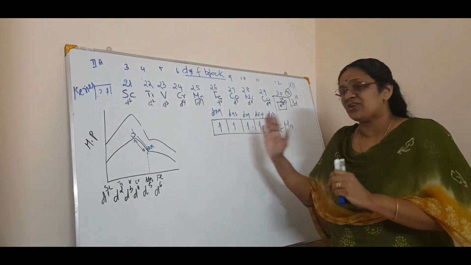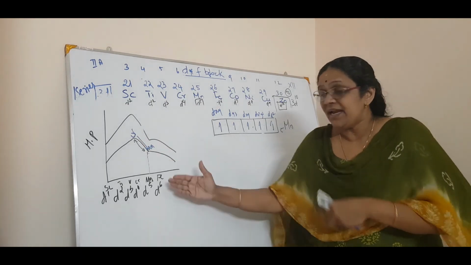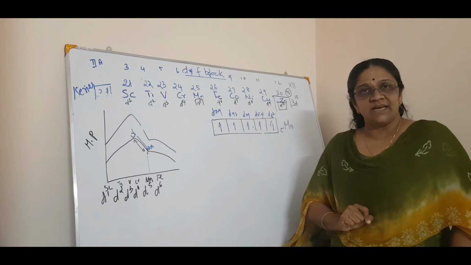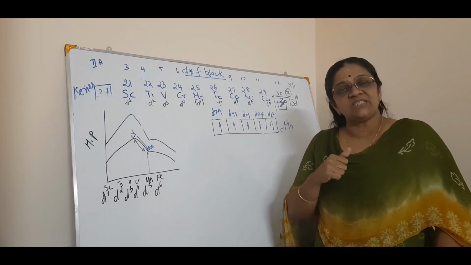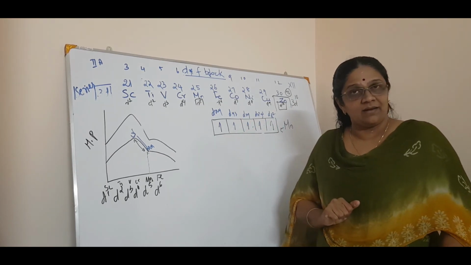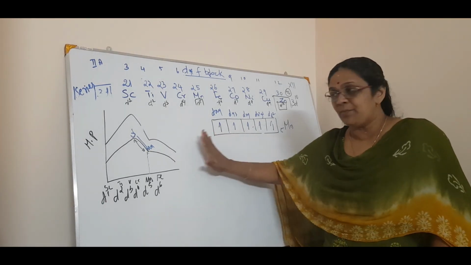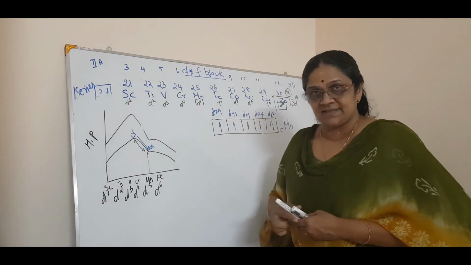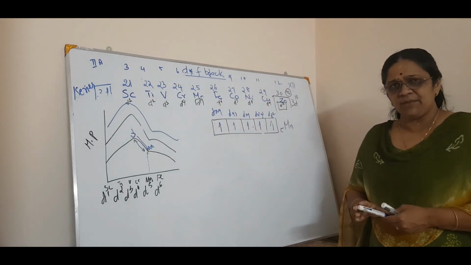So if these electrons do not take part in metallic bonding, that is why there is a deep dip from chromium to manganese, isn't it? These electrons do not take part in the metallic bonding. That is why the melting point and boiling point decrease and it is highly volatile. So that's the reason. Now, hope the melting and boiling points and the graph are clear. The same logic applies to the second series and third series.